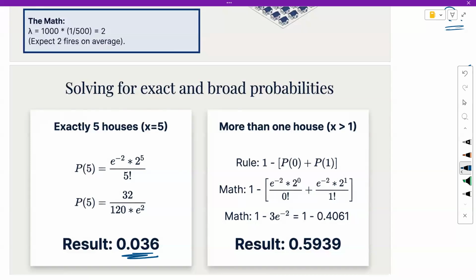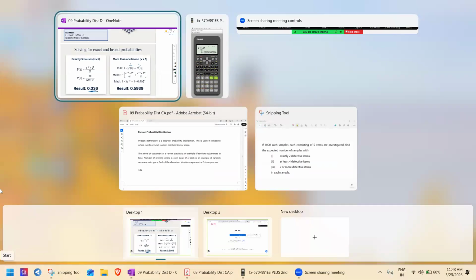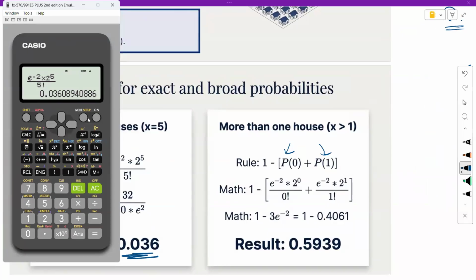What's the probability? We can apply the complement rule here. All the sum of probability equals 1. We can calculate probability of 0, probability of 1, up to 5. So we can apply 1 minus